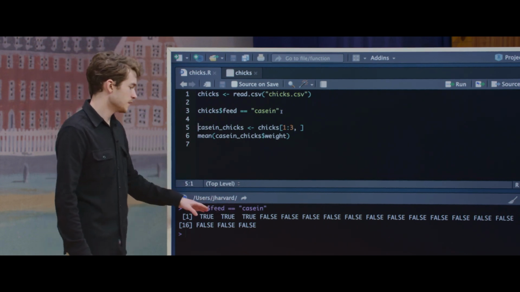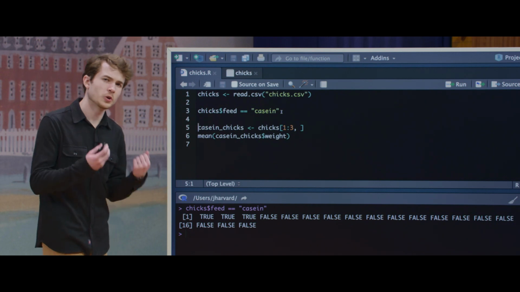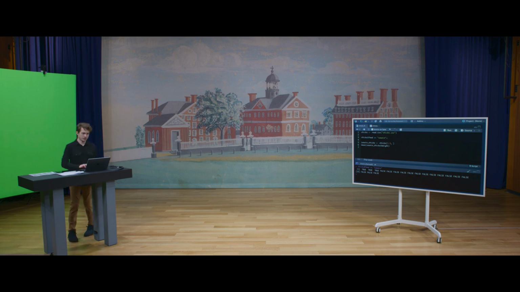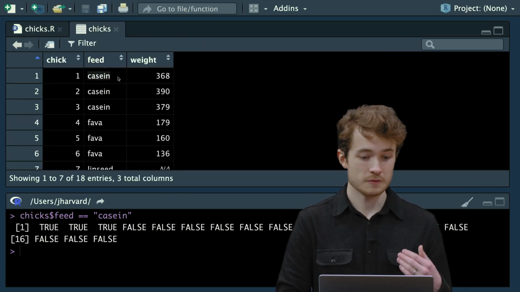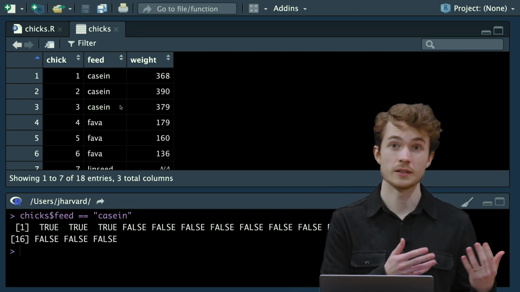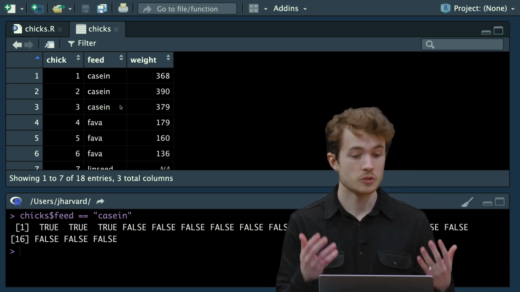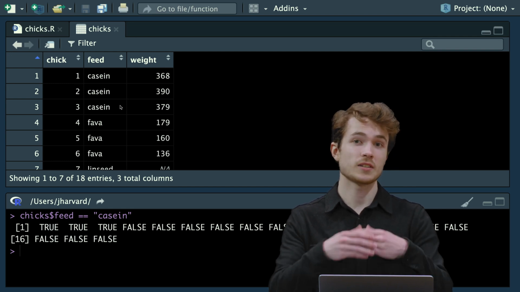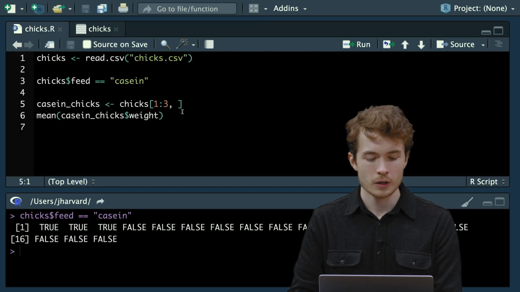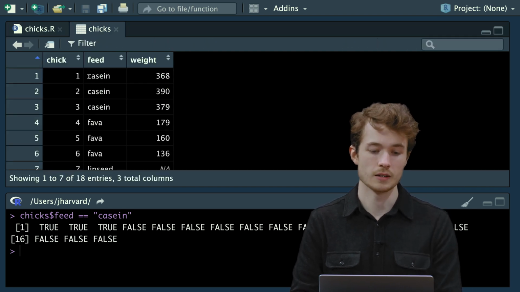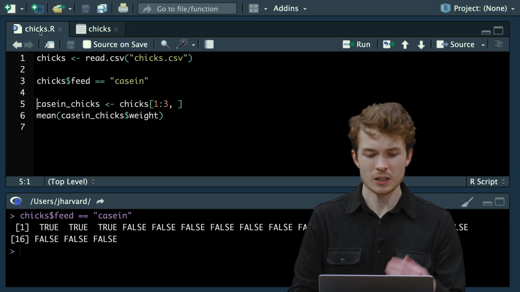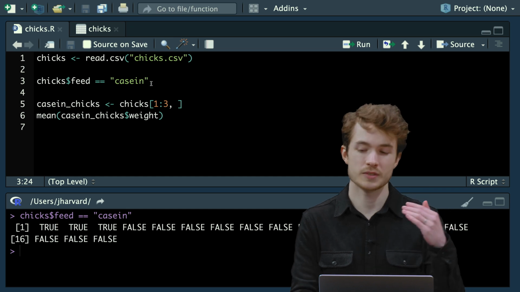particular column called feed, these kind of correspond to the rows of the data frame. Like if I go back to my visualization of my data frame, I might notice that the first three values in the feed column, well, those correspond to the first three rows in my data frame. And similar to vectors, data frames can actually be subset with logical vectors. So let's see how that could work here. I have to keep in mind this relationship between the first elements of my column and the actual rows of my data frame, but I think we'll see how we could use these expressions to help us subset this data